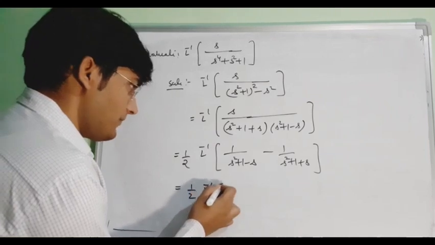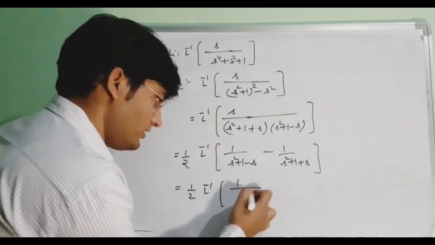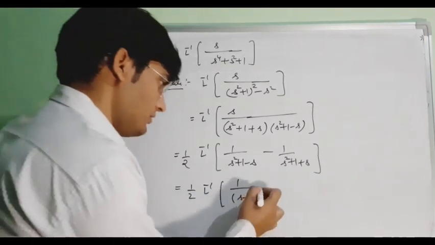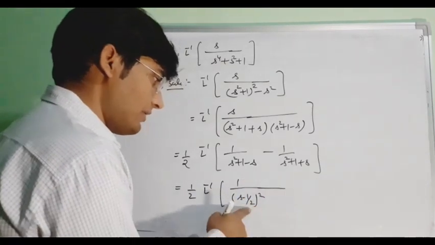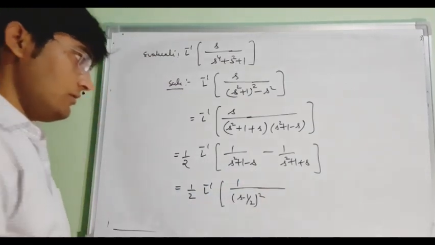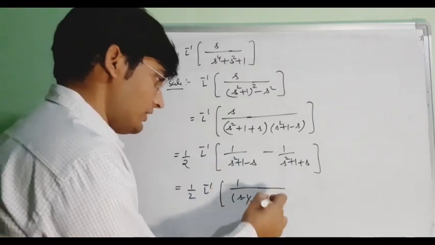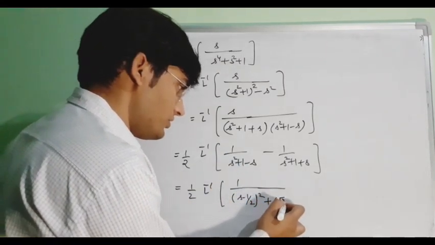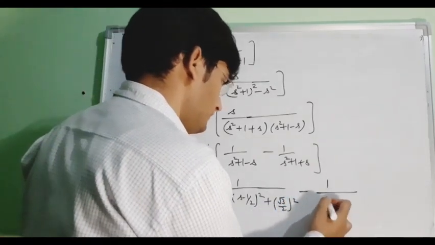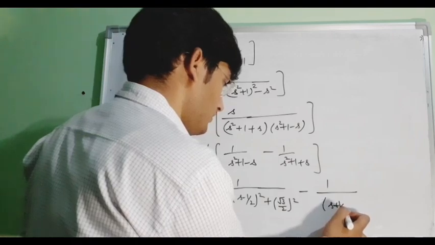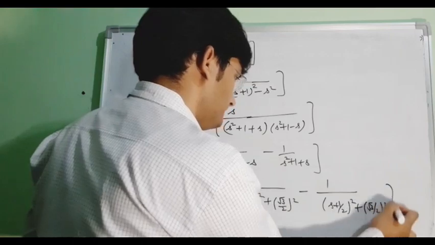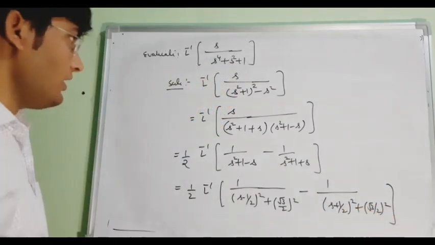Again, this can be written as, now try to make it a perfect square. So we can write it as s minus half square, then we will have 1 by 4. 1 minus 1 by 4 will be 3 by 4. We can write it as root 3 upon 2 whole square. Here we can write it as s plus half whole square, again root 3 by 2 whole square. And this is equal to,